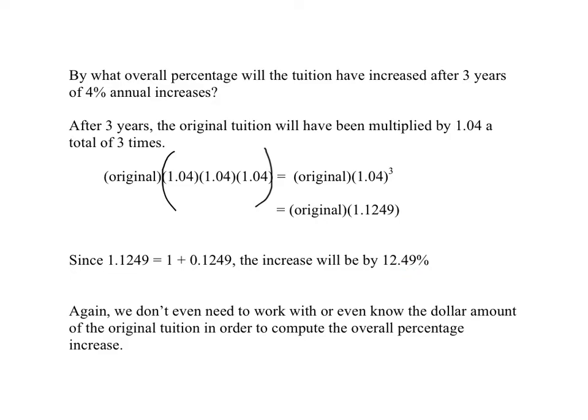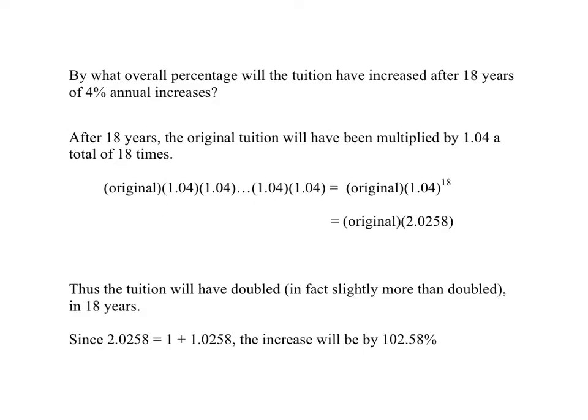Notice that we did not need to work with the original tuition. We only needed to work with the growth factor. If you liked thinking about 3 years of growth, you're going to love thinking about 18. So the same question can be asked, by what overall percentage will the tuition have increased after 18 years? The same thought process will convince us that 18 years of 4% growth are represented by 18 separate multiplications by